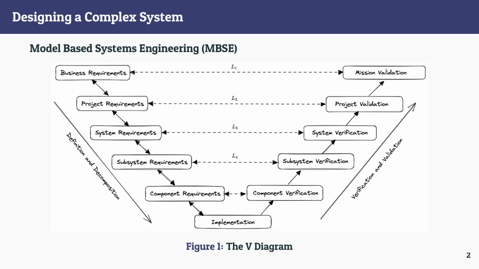Let's see how complex systems are designed. Model-based systems engineering, or MBSE, is a common practice in the aerospace and automotive industries. Here, we look at a simplified version of the V diagram. The design process in this diagram starts at the top left, where business requirements are defined. At this stage, high-level requirements coming from all the main stakeholders, including the involved companies, organizations, regulators, and markets, are